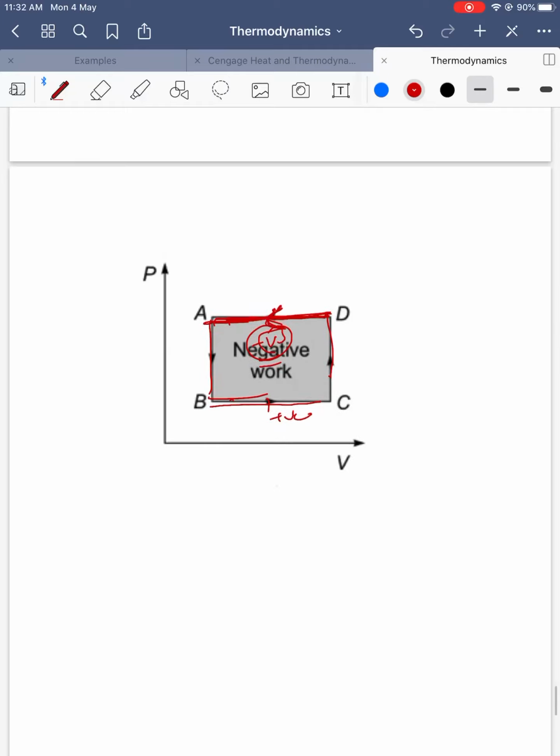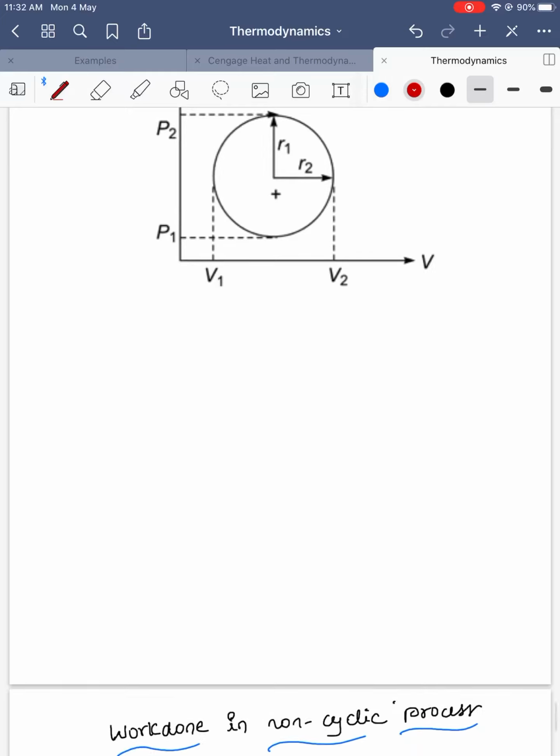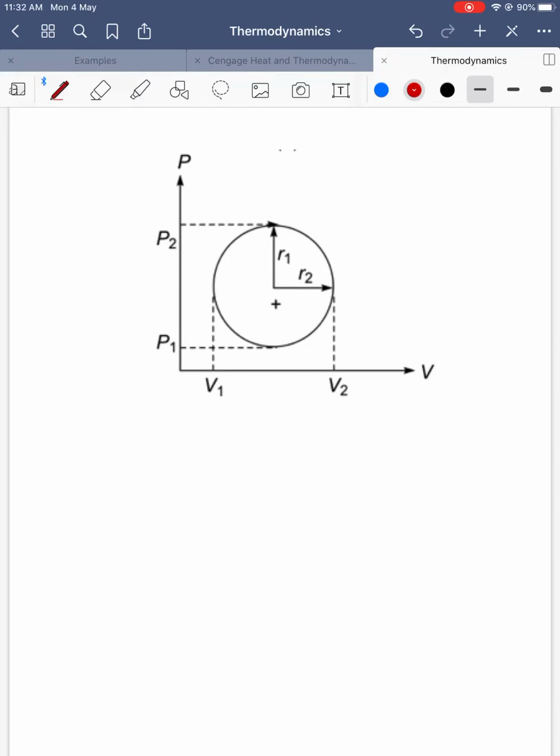Negative work is dominating, so for this entire process the work is negative. These are all about it. One more graph is there, and the process is like this. And when it is a cyclic process, now what's happening? Is the work done positive or negative? You just tell me. Volume is increasing or decreasing? Volume is increasing. See, in the upper part the volume goes in this direction, in the lower part it goes in this direction. Lower part work is negative, upper part work is positive. Which is more? Positive work is more.